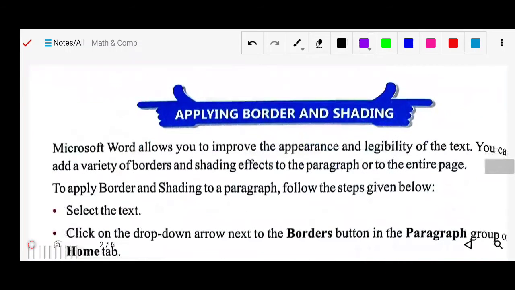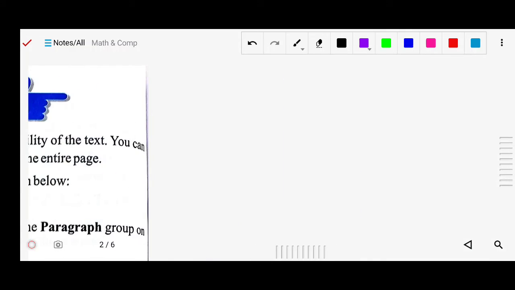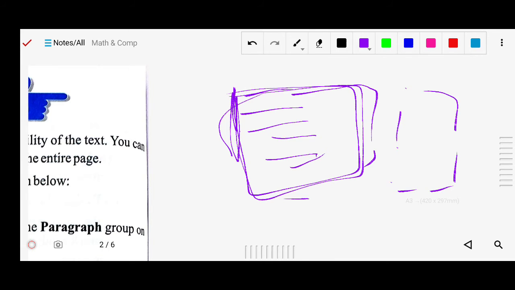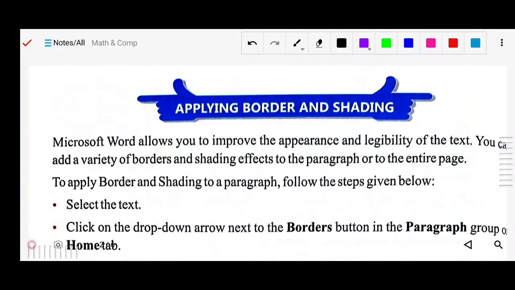Next we will see applying border and shading. We can apply the border and shading also. Border means, this is your document, something is written, and you can apply a border. You can shade this border also. Different kinds of border you can apply, a dotted border you can apply. So how will you do it?